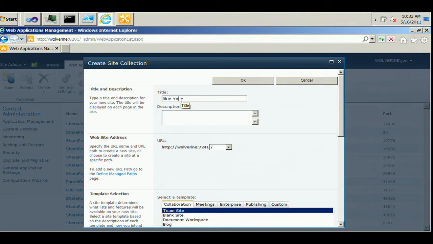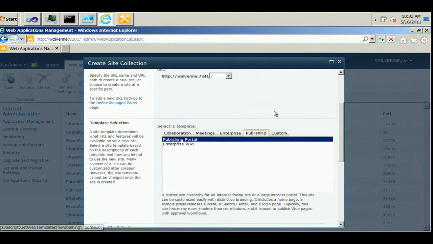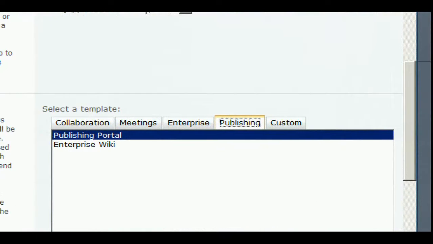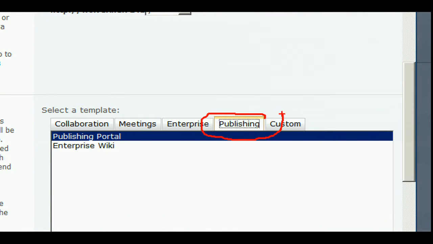I'm going to call it Blue Yonder Airlines. I'm just going to create it at the root. Now this is the important thing for purposes of doing web content management, is that when you're creating the site collection, you want to pick one of the publishing templates. The publishing templates have all of the web content management features enabled. Now, you don't have to do that. You could pick your own template or pick a blank template and then go in and individually enable all the web content management features. But it's generally a better place to start with something that has something in it already,